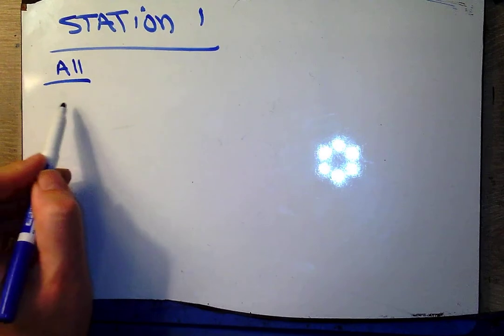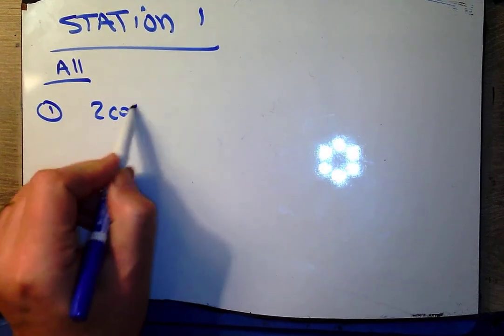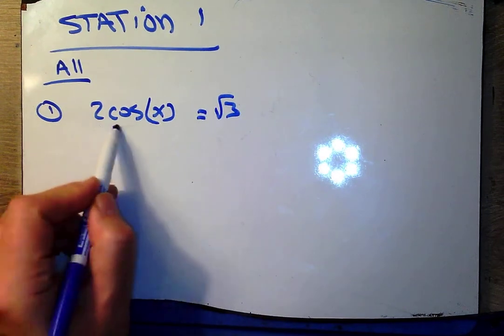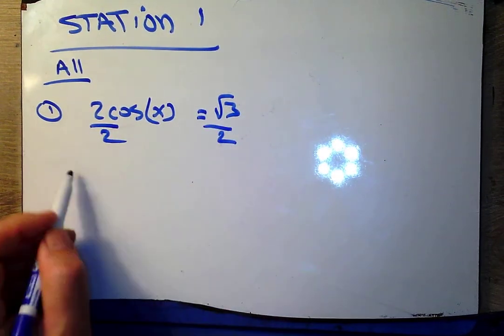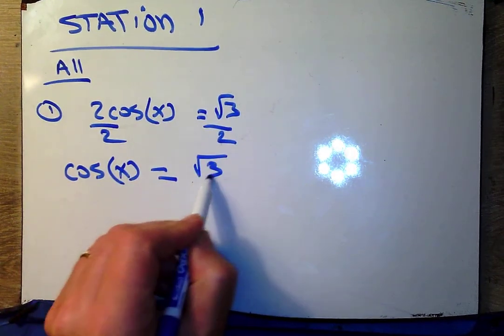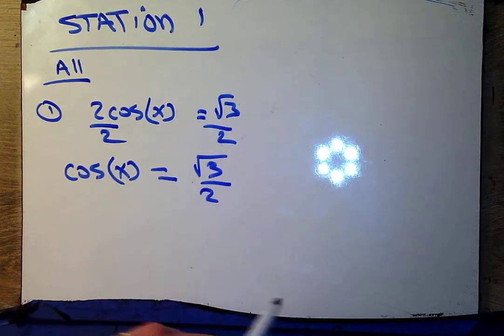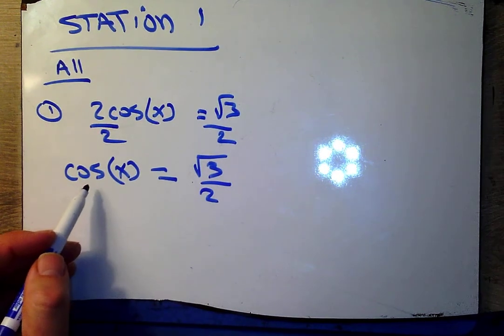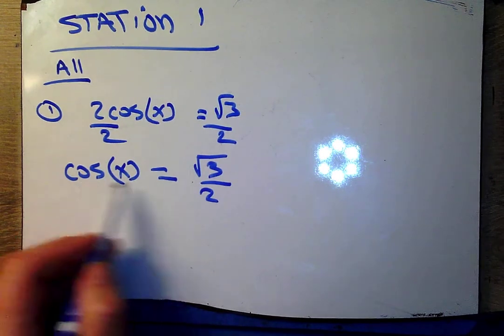Okay, so in number one, we've got 2 cosine x equals root 3. Oh, no worries, we're just going to divide both sides by 2. And so here's where that time we put into memorizing our unit circle values is going to help us. Remember, cosine is the x coordinate on the unit circle. And so we're saying, when is the x coordinate